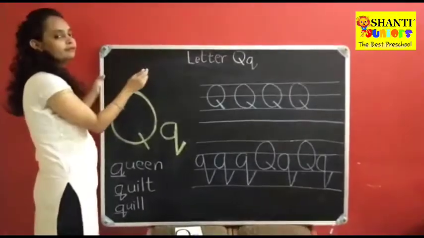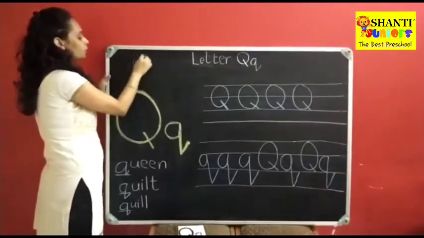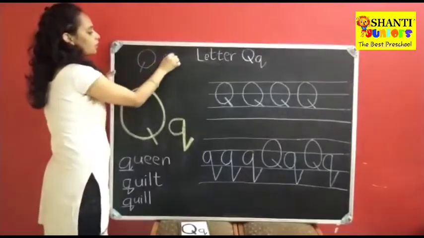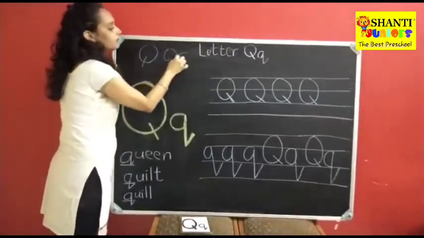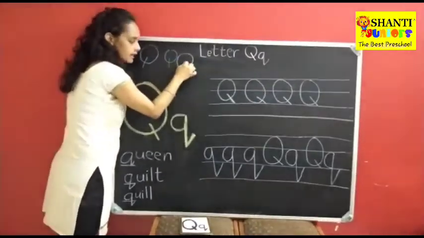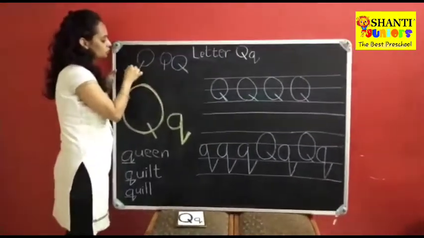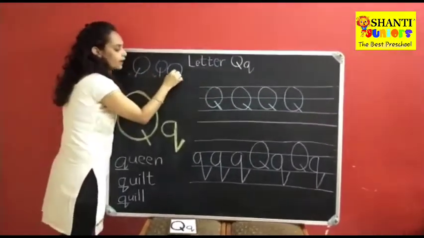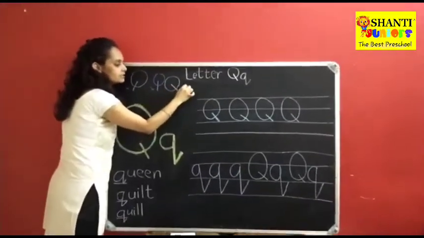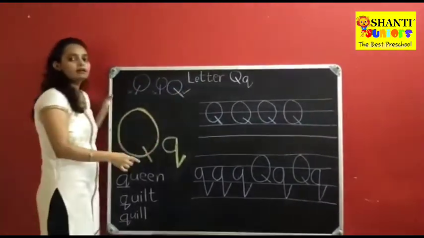One more time. And whenever you write, children, O, don't do it like this or don't do a straight line. The line should be a slanting line. The line should start from here. A straight cross, no, this is the wrong way to write. You have to do like this only. This is the right way to write the letter Q.